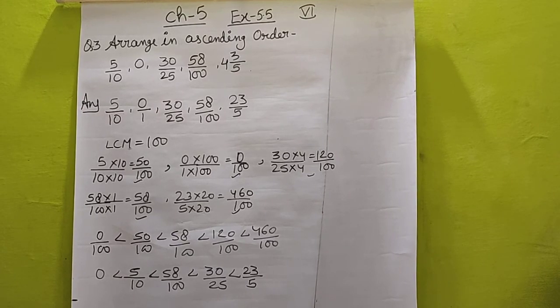Now students, question number 4. Question number 4 is also find the smallest and the greatest fraction. There also, what you will do, mixed fractions you will convert into improper fractions. After that you will take LCM and you will make denominator same, and then you will find out smallest and the greatest number. Here students, now I am taking question number 6 directly, because question number 5 is very easy word problem that you can do by your own.